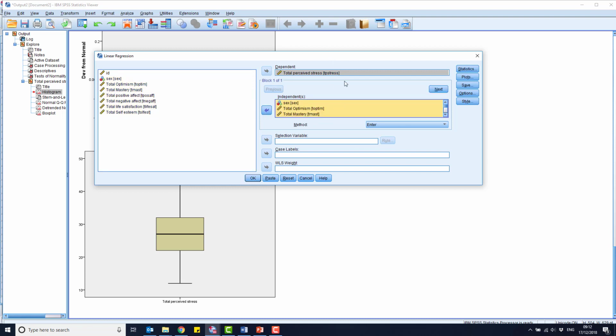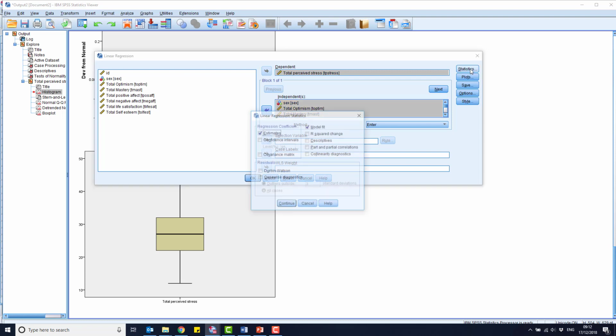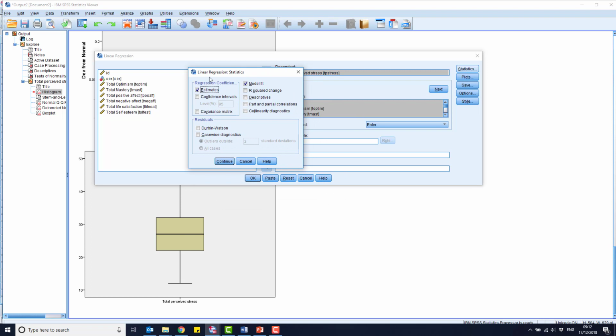Okay, so I've set up, telling SPSS which variables I'm interested in for the regression. Next, I'm going to go to statistics and make sure that I get SPSS to produce everything I need in order to interpret my regression model effectively. So I need, in this case, descriptive statistics, part and partial correlations, collinearity diagnostics, and I'll choose confidence intervals as well. There's a move in APA style towards reporting confidence intervals, so I'll draw those up just